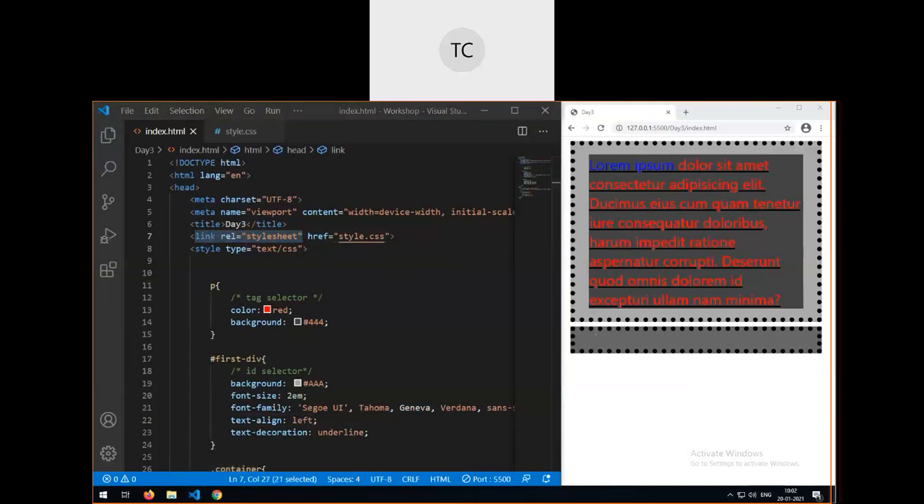Then Tilahun says, tag selector is always applied only to the first paragraph. No, when you say p tag, it is going to apply on the entire page. Whatever number of p paragraphs you have, it will apply on every paragraph. Okay,